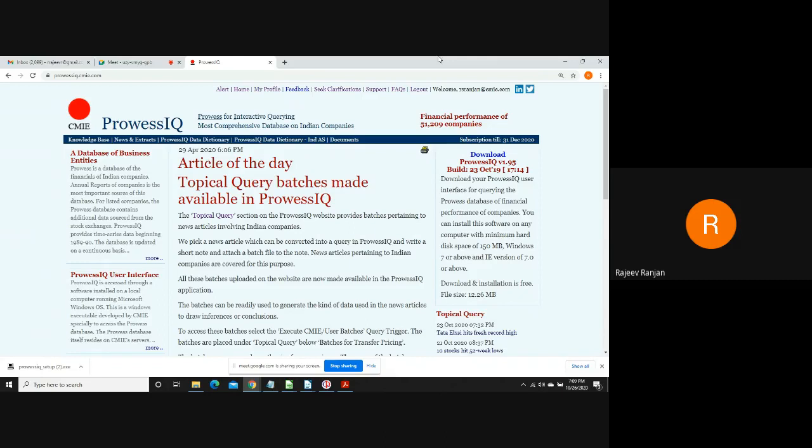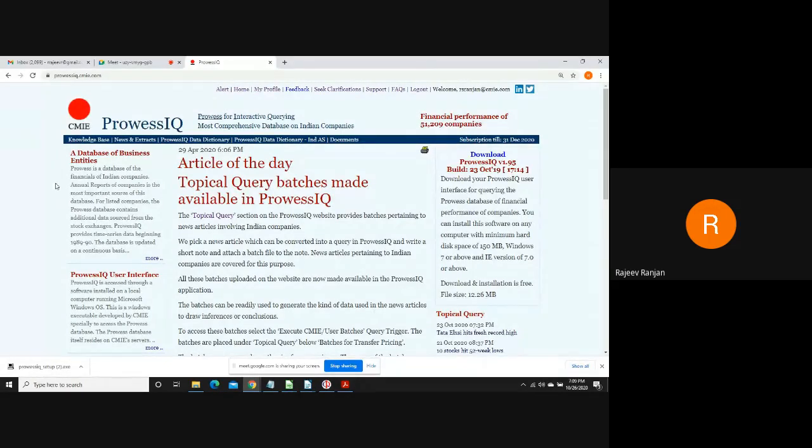Hence we standardize them to make the information available on one platform, where it is comparable across the years and across periods. So there is only one survival bias: if any company has a complete annual report, we include that company in our database. That's the basic criterion of the database.